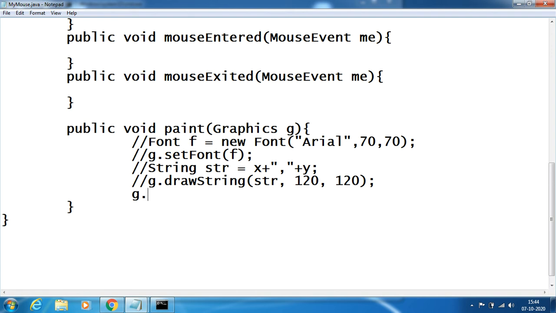Now g dot draw rectangle of, say, the positions of the rectangle, x comma y, comma 100 comma 100. For example, I just want to draw a rectangle depending upon the x and y coordinate values of the mouse. Now again I try to compile this and check.